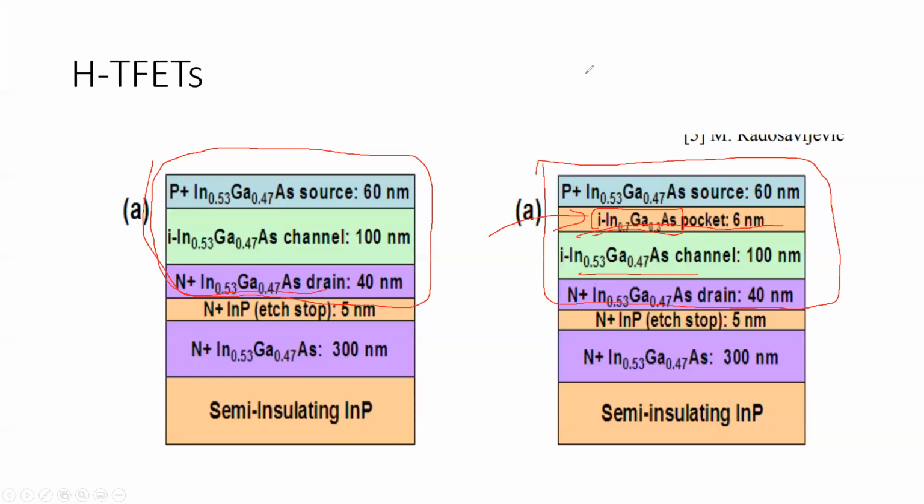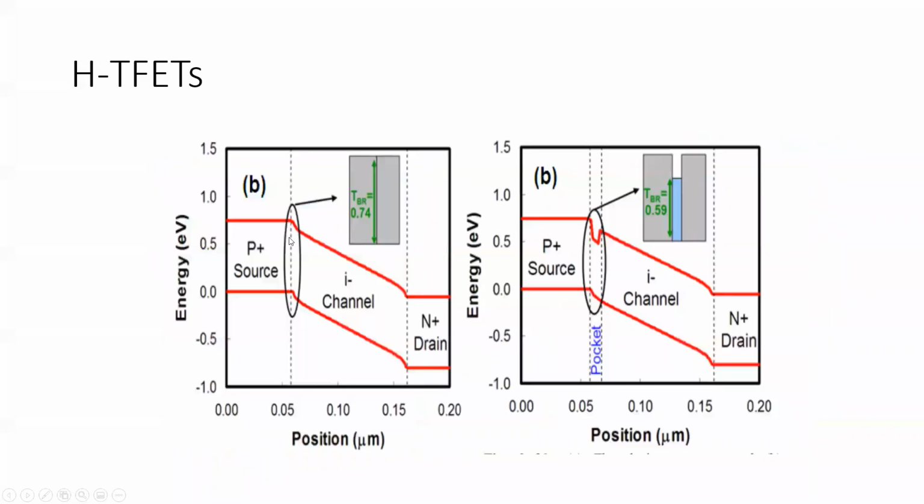So if we go to the next slide, we'll see what that does for us. So here's the homojunction. Homo meaning the band gap is the same throughout, right? Hetero, you can see there is a little change in the band gap right here. It's lower, right, in this pocket right here. And so that allows for the tunneling barrier to be lower, and so you get a higher current. That's it. So on the next slide, why do we care about this? On the next slide,